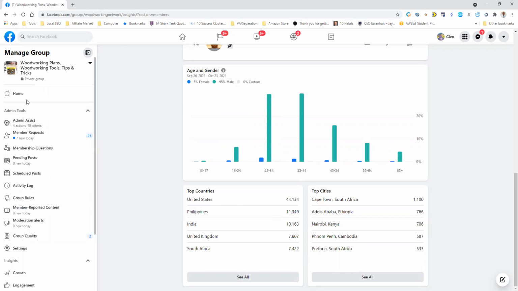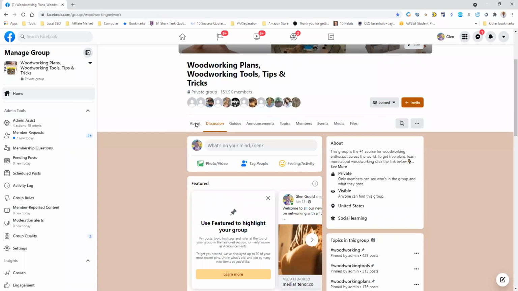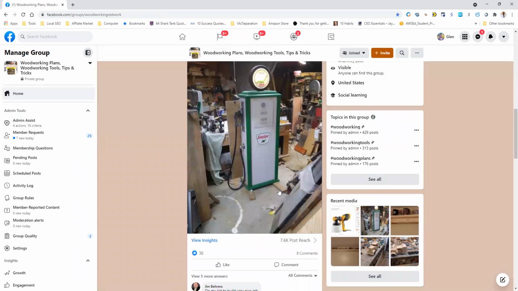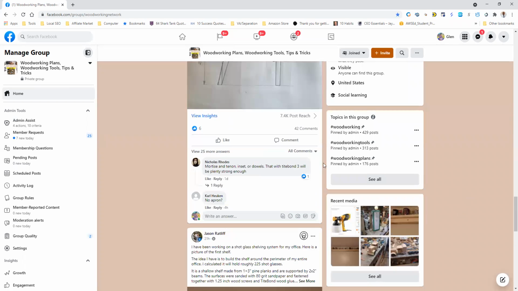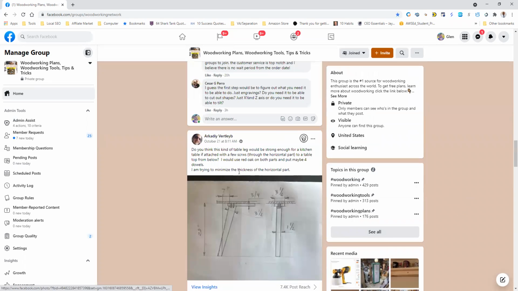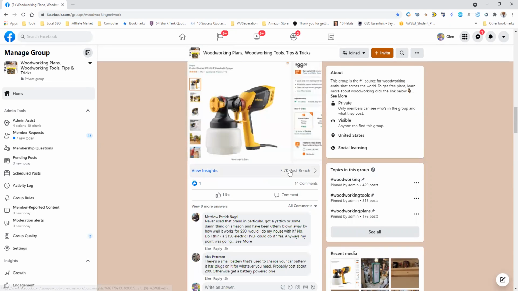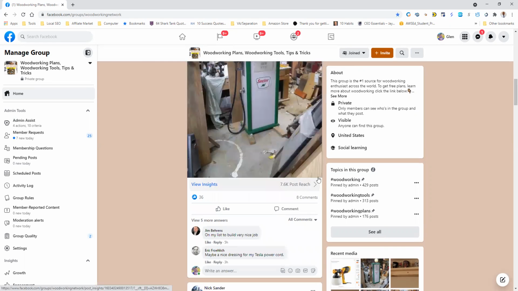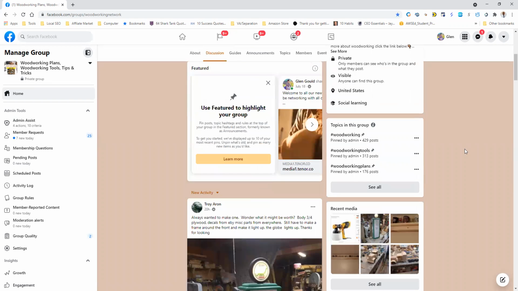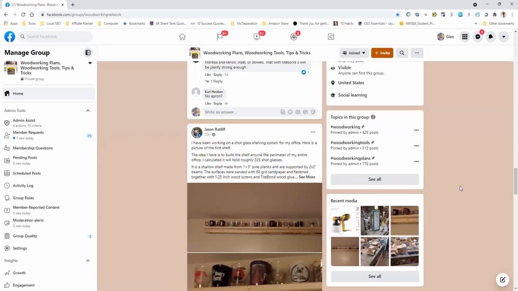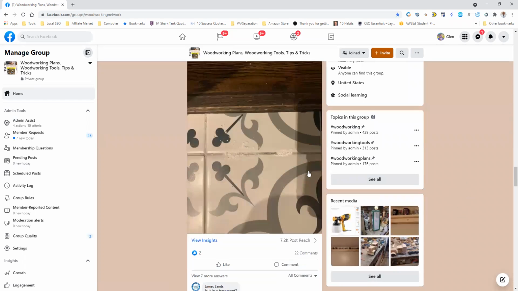One last thing I'll show you before I go. They just made this update this morning because I just popped in here and they added color. So it looks almost like a website per se. So as you can see, people are actively in the group, getting comments. It's an active Facebook group, 151,000 members, all organic and still growing.